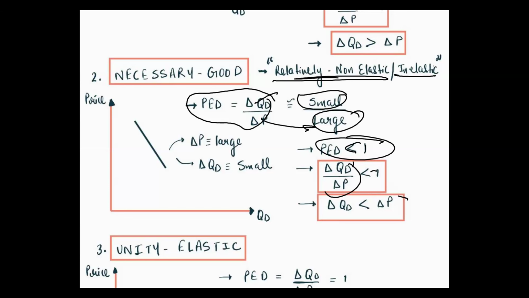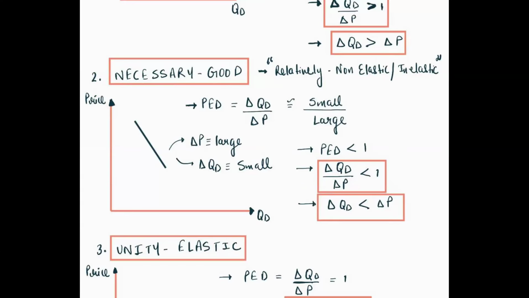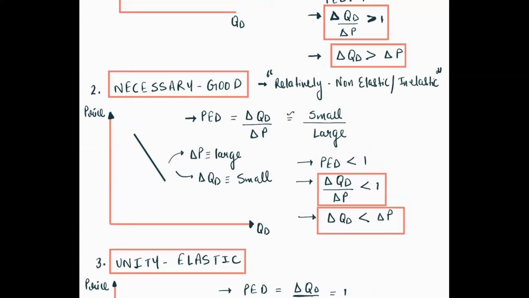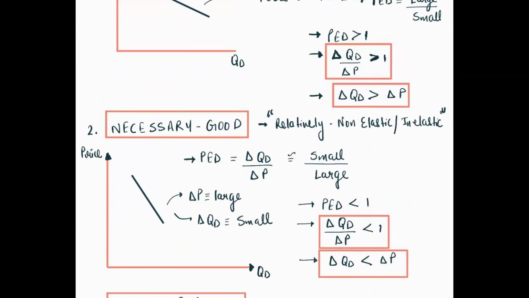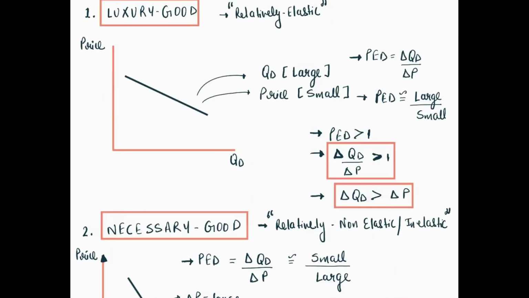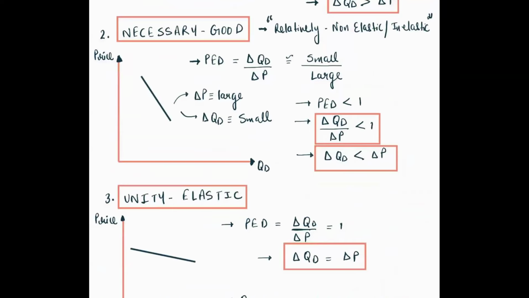मतलब ये for more analytic मैंने कर दिया है, आप ये खुद से भी कर सकते हो, बस आपको याद रखना PED is less than 1 in relatively inelastic, PED is greater than 1 in relatively more elastic. Inelastic या नॉन इलास्टिक रिलेटिवली नेसेसरी गुड का होता है, एंड लग्जरी गुड्स का इलास्टिक रिलेटिवली मोर इलास्टिक होता है. तो उसमें पीईडी ग्रेटर देन 1 होता है, इसमें पीईडी लेस देन 1 होता है.